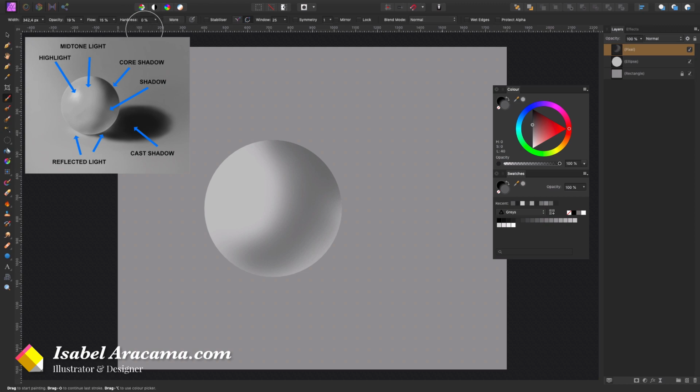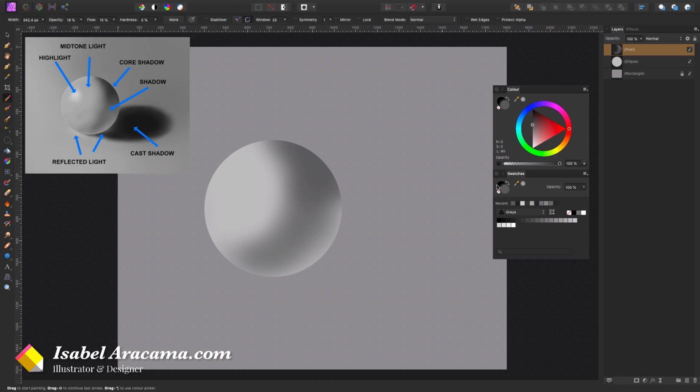You can see we're painting with an opacity of 19. I don't know if I mentioned it, but the hardness has to be down to 0. Flow 15. Every time you pass, you add paint. And that is nice, but be careful because you don't want to be giving it any texture, and sometimes that's what happens. So you can play with both opacity and the color wheel, but be aware of that.